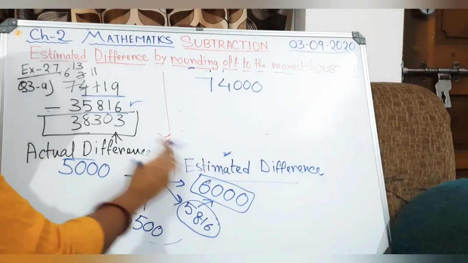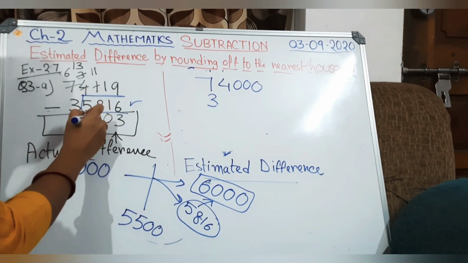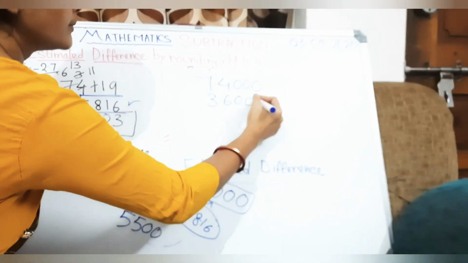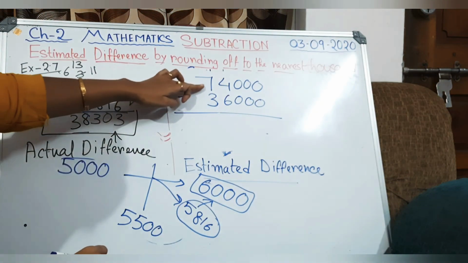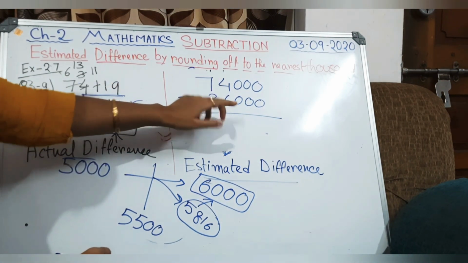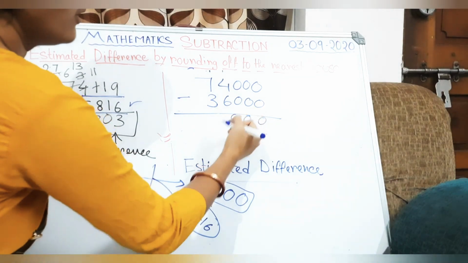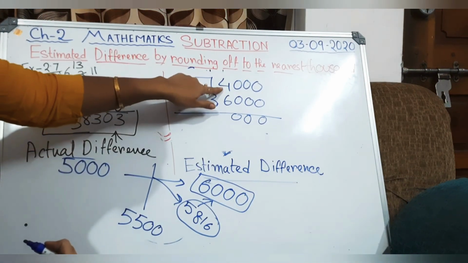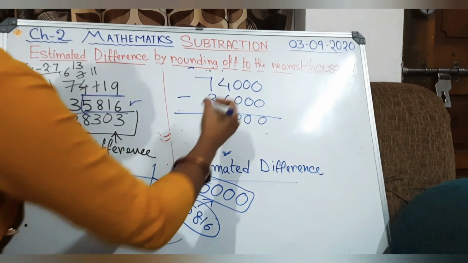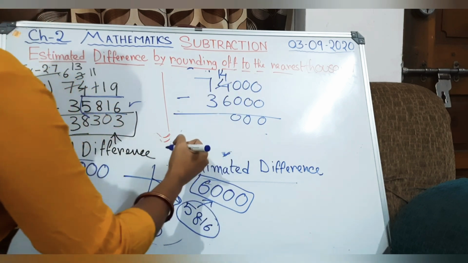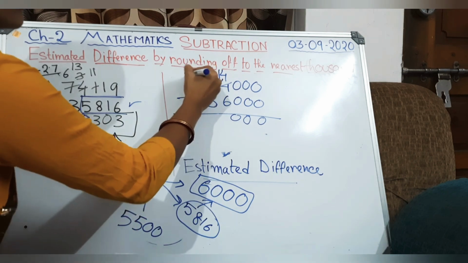Understood? 6,000. So I have to write here 3 as it is. I am changing from here. So I will write down over here 6,000. Understood? So this is my new number. These are 74,000 and downside it is 36,000. Now you have to do the subtraction. 0, 0, 0. And here again, see students, 4 is smaller than 6. So what you have to do? This 4 you need to consider as 40. And from where are you borrowing this one? From this previous 7. So cut the 7 and write down 6.